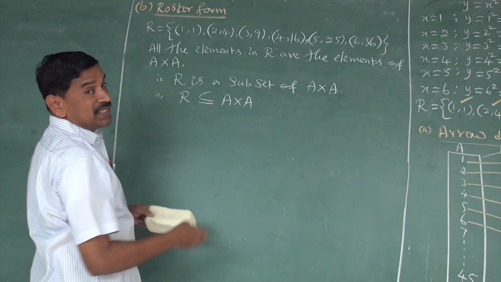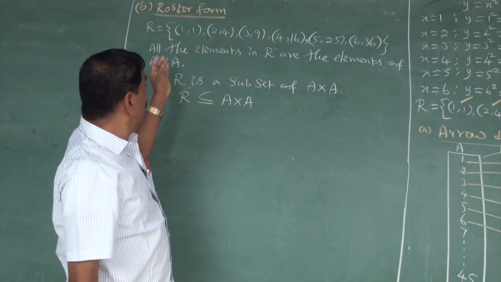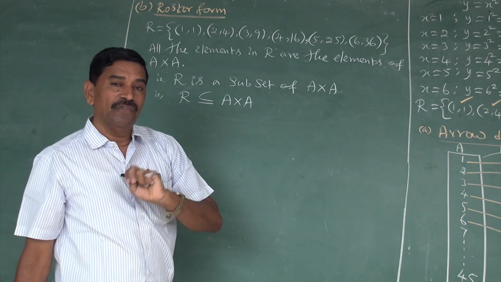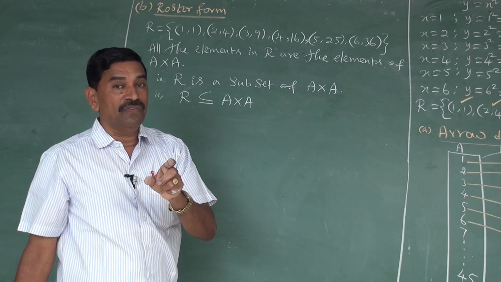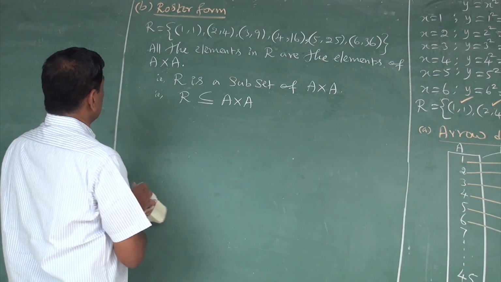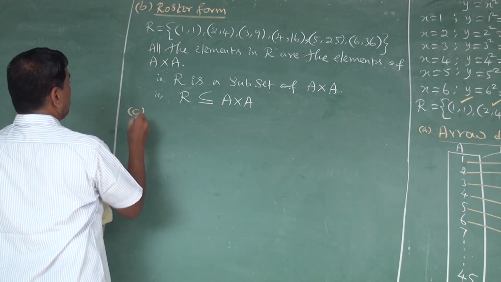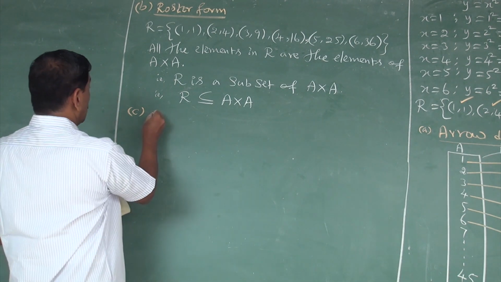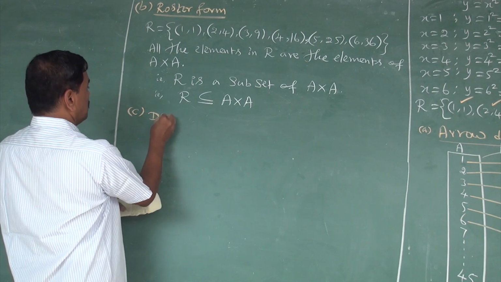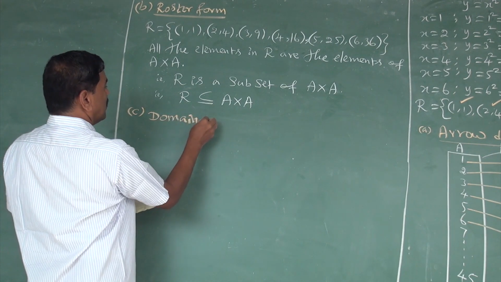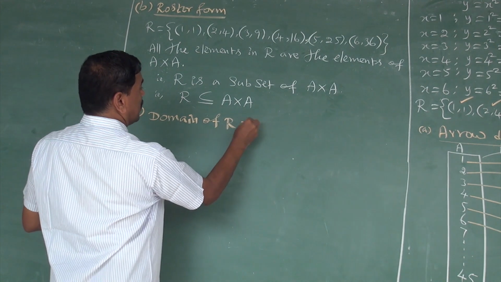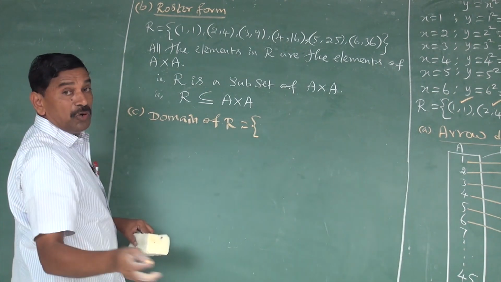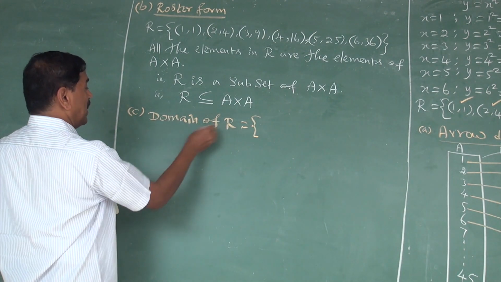Here there are two answers. First answer, prove that R is a subset of A cross A. Yes, we proved. What is the next answer, please? Find the domain and the range of R. Now listen, part C is given by the domain and the range of the relation R. Now the domain of the relation R. Anyone? The domain of the relation R. Okay, wait. Listen. Second one, what do you want to find? Range of the relation R.